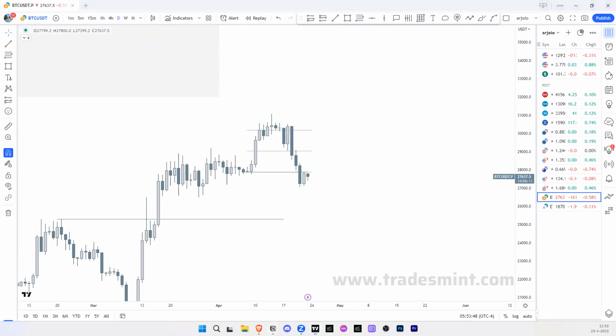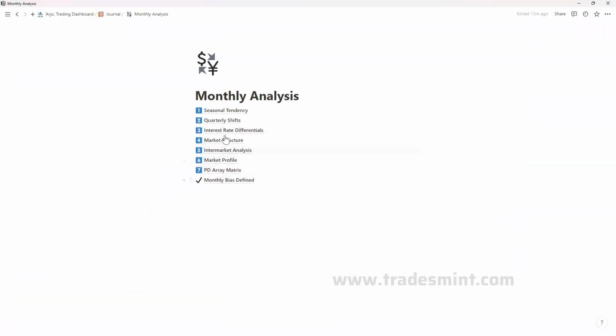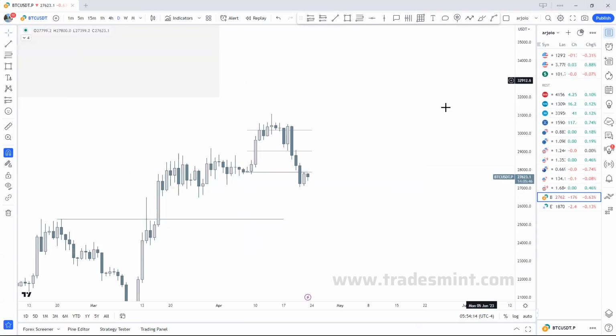You see how everything here we did essentially do interest rate differentials. It's just the bonds, the dollar, etc. Quarterly shifts, etc. is all involved. We don't need to essentially take a look at it because it's already involved in our analysis. So create a routine, use the routine you are provided with, break it down into very simple steps. So delete a lot of things you don't want to use. Create your routine, create a saying you use. So market structure, order flow, candle science,